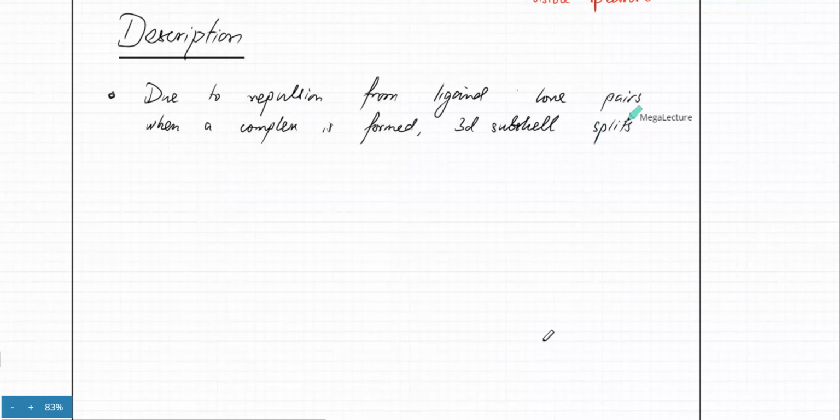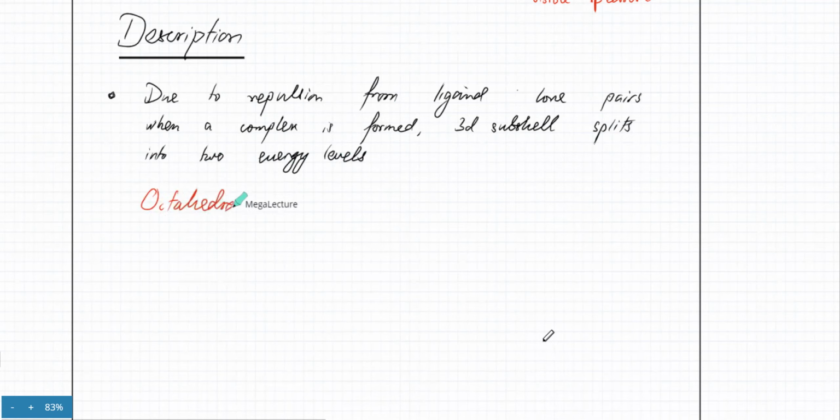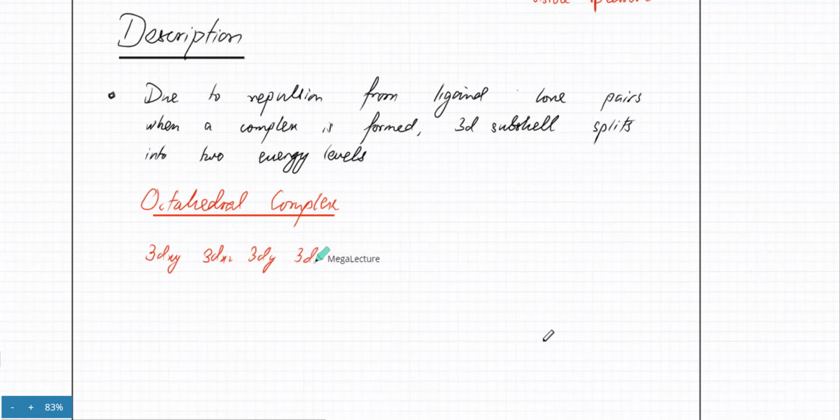Splits into two energy levels. And we're going to show the two energy levels. So in an octahedral complex, and this is specifically for an octahedral complex, all the ligands approach on the axis. So in an octahedral complex, the d subshell, which is originally 3dxy, 3dxz, 3dyz, 3dx squared minus y squared, and 3dz squared,